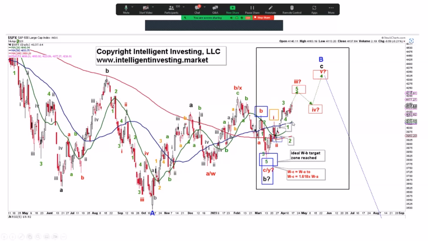Technically, we're above the 20-day moving average, the green moving line, the 50-day, and the 200-day. They're all moving up. I looked at, for example, the Ichimoku cloud, and we're above that cloud as well, which is also a trend following indicator. Compare that to where we were in the summer of last year, below the 200-day, pretty much